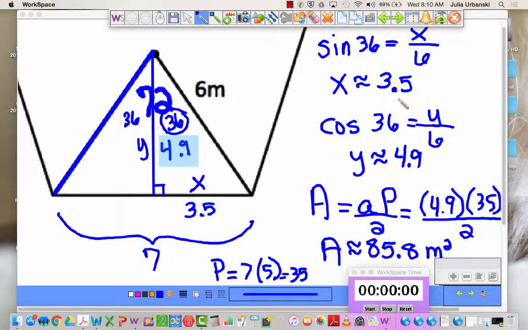Why number 10 is going to be easier than the one before? You already have the 12. Yep, you already have the ability to find the perimeter. All we're going to have to do now is try to figure out what the apothem would be. You were on the right page. Over one more. Okay,